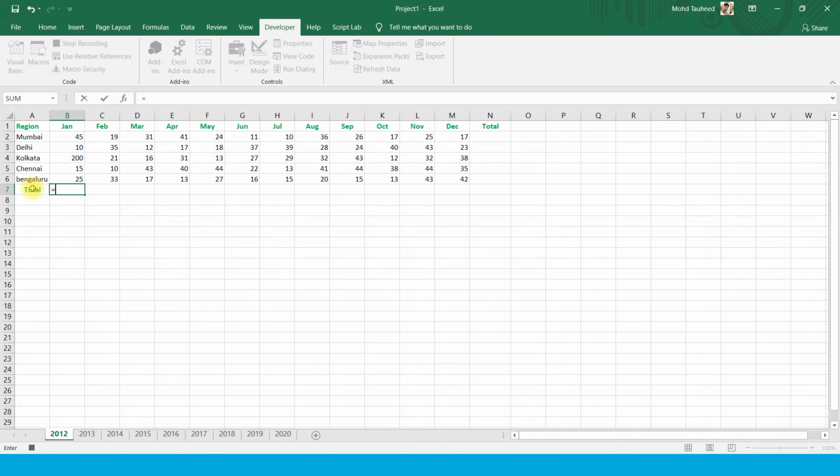Now we calculate total leads of the month by using the sum function.